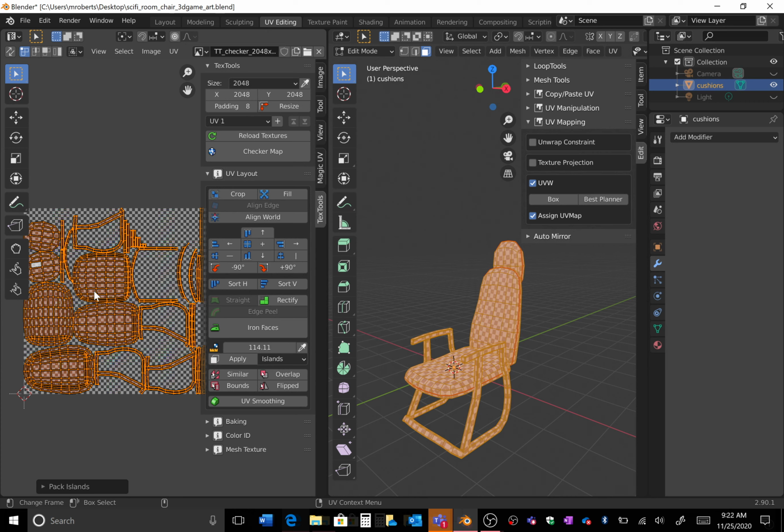UV editing. And of course, like we did before, I could easily just open this up, and open this one up to get all my tools. Text tools, it's right down here. Pick that nice resolution of 2048, set checker map for preview. I'll go to UV maps here just to call this mainframe. So remember that green triangle gives you that, towards the bottom here. Remember that's also where you can go to normals to turn that auto smooth stuff on, right? So your UV map ability to name your